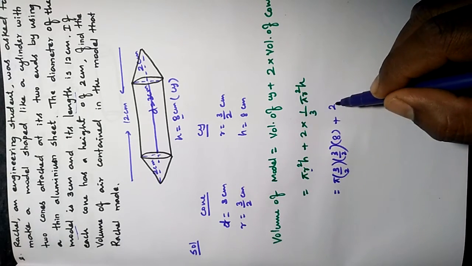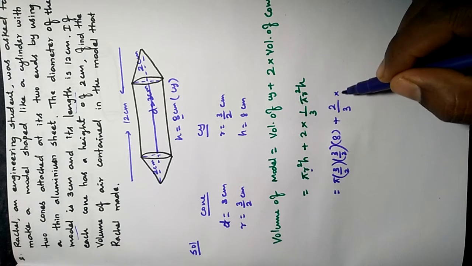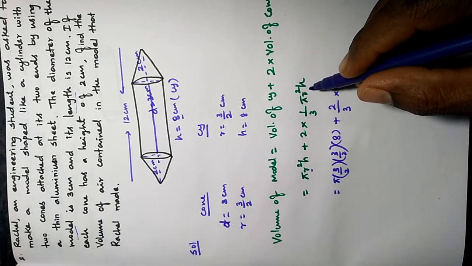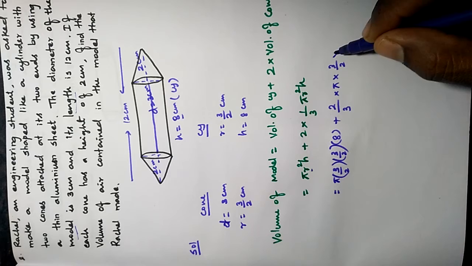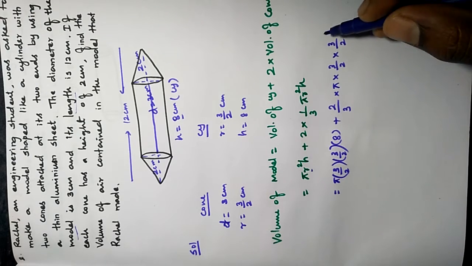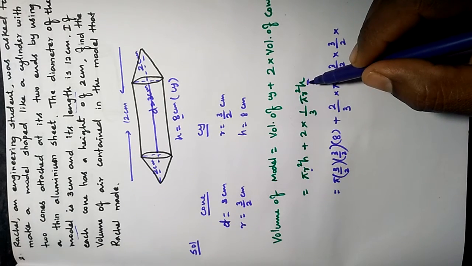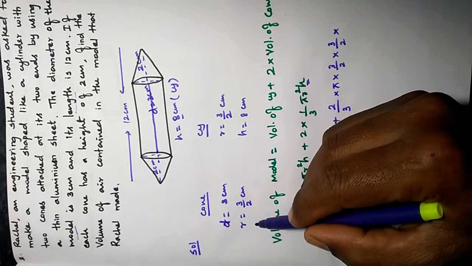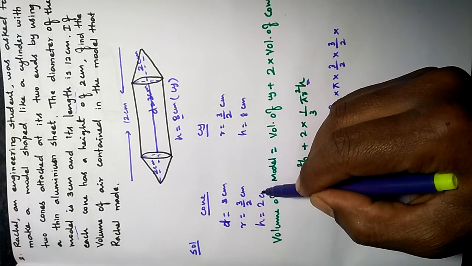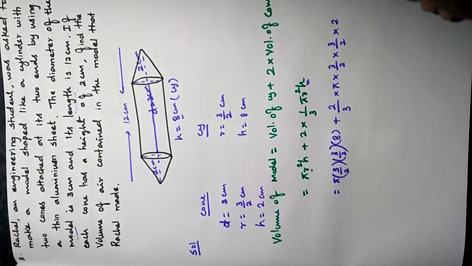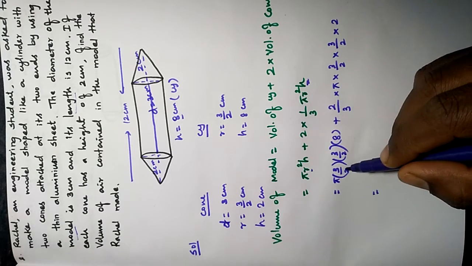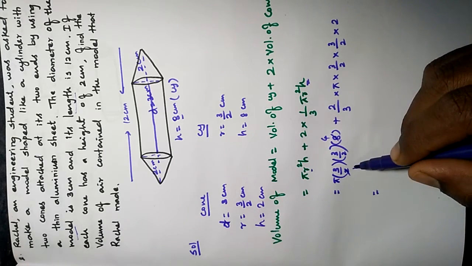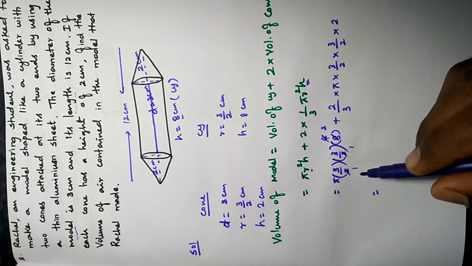plus 2 by 3 pi, into r, the radius, same 3 by 2 into 3 by 2, and h is the height of the cone, so the height of the cone h is equal to, as given in the question, 2 centimeter. Okay, let's simplify now. 2 ones are 2, 4s are 2 twos are 4, so remaining we have